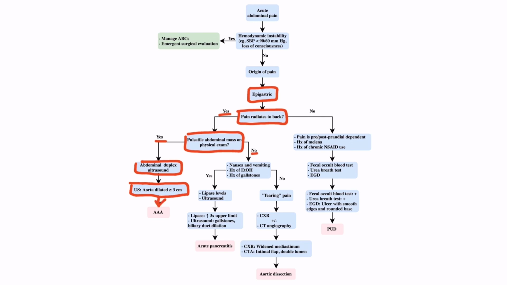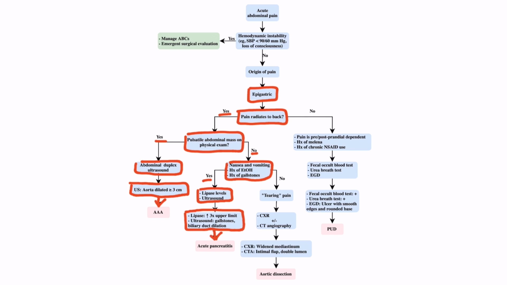Absence of pulsatile mass, with pain still classically radiating to the back, leads us to either a diagnosis of acute pancreatitis or aortic dissection. Presence of nausea and vomiting with history of alcohol abuse or gallstones should be further evaluated with lipase levels and abdominal ultrasound. Lipase 3 times higher than the upper limit, and ultrasound with evidence of gallstones and biliary duct dilation confirms a